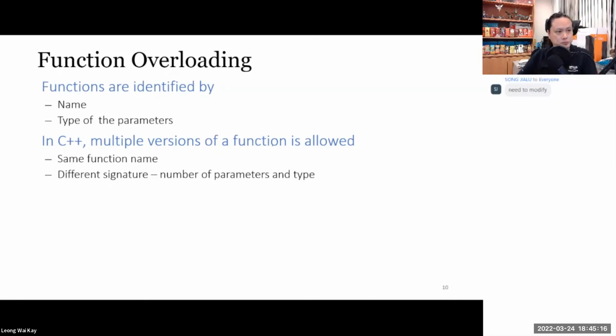Okay. So here let us talk briefly about this thing called function overloading. I think we might have talked about it in 101 before. So in C++ or even C,